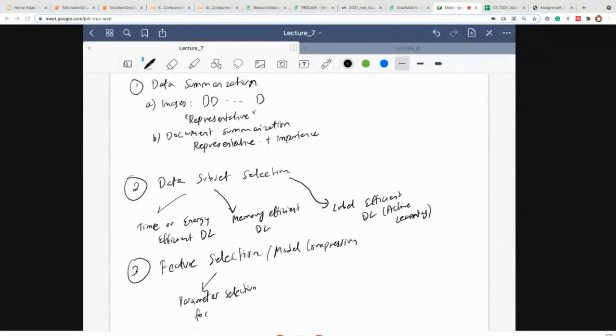for edge devices, right? So imagine you have a deep neural network. It's a multi-layer, very complex deep model. Can you select a subset of the parameters, subset of the layers, so that you retain a lot of the accuracy of the model, while at the same time ensuring that it runs really fast? So this is a feature selection problem. You're selecting a subset of parameters.